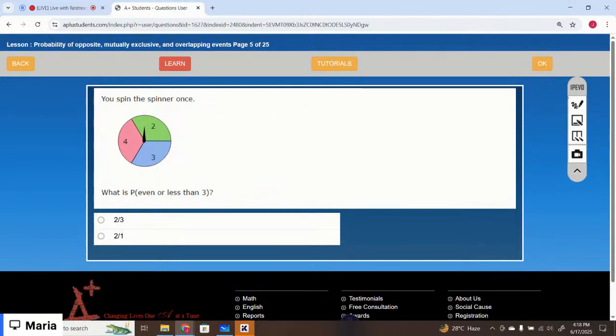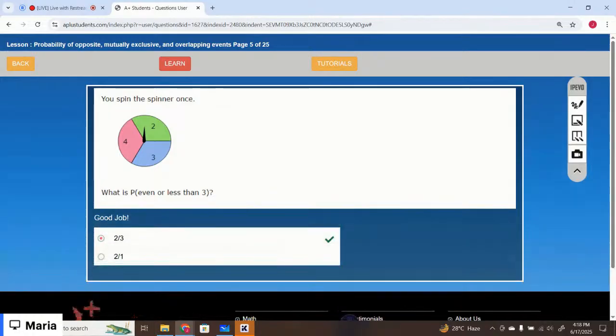That is 2 out of 3. Option one is the correct option. Even is 4, and less than 3 is the